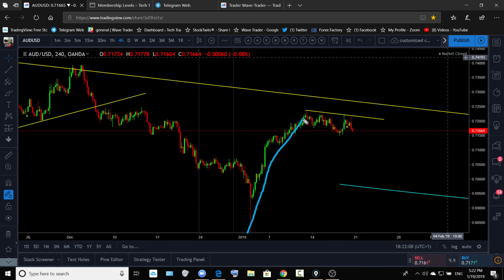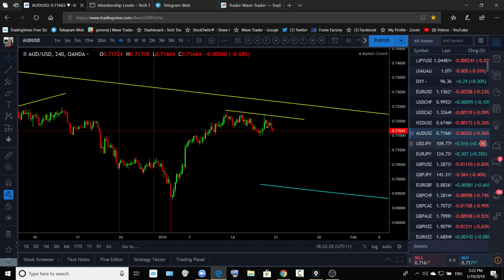We have seen a sharp move from the bottom. We are having a correction. Now we are looking for that correction to continue to go higher rather than for one more drop on the Australian dollar, US dollar. So look for it to continue to go higher for longer term.